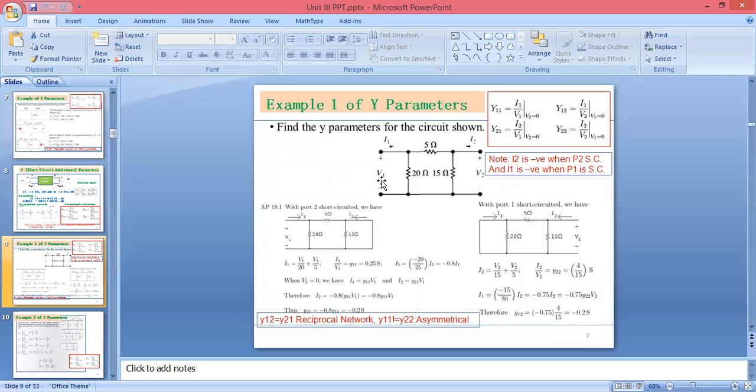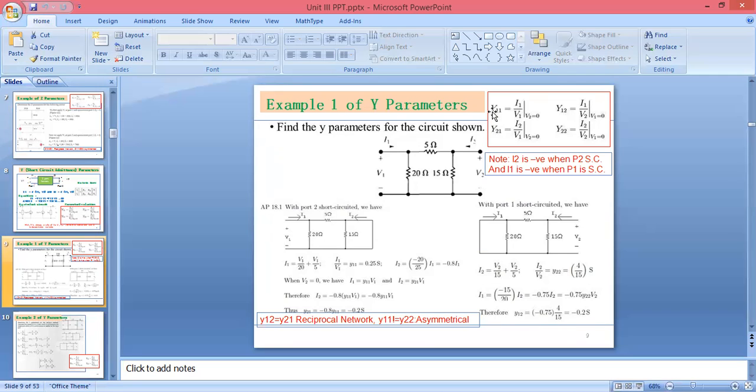So what we can do, we can make the second port short circuited. If you make the second port short circuited, you will get the equation for I1. How? According to KCL. Already we have seen how KCL will apply. Z पैरामीटर में हमें वोल्टेज डिराइव करना था, तो हमने क्या किया था? KVL अप्लाई किया था. But here we are supposed to derive current. Then only you will get the admittance, because we know here current depends on the voltage. तो हमने करंट के इक्वेशंस को कन्वर्ट किया है वाई पैरामीटर में.